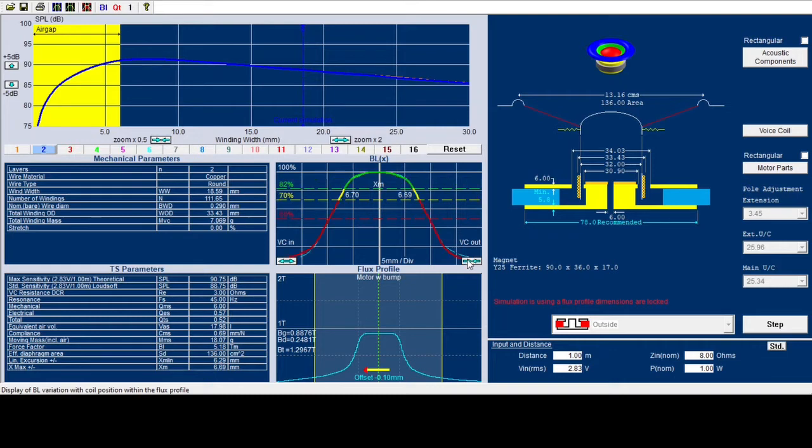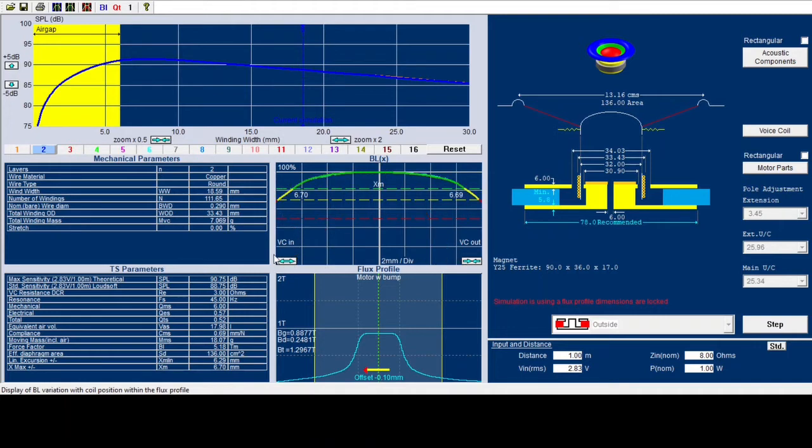If we zoom out, we can see that the whole curve is turning yellow here when BL is going down to 70%, which will be acceptable for normal loudspeakers. But the red area is no-go for less than 50%. We also have a voice coil offset of around 0.1 millimeter, which will give us a very nice and